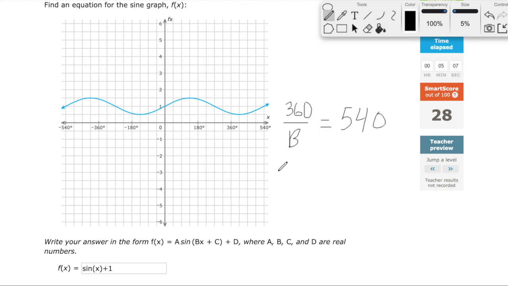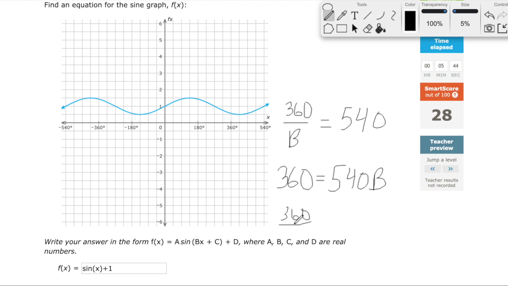If I multiplied both sides by b, I'll probably only show this once because it's a lot of writing with this trackpad. But we'll do it for one problem here. I think once you guys see all this stuff, the next IXL won't take a lot of explanation. If I multiply on both sides by b there, this one would cancel, leaving just the 360. This one would have 540 times b, and then to get b by itself, we would divide both sides by 540, leaving